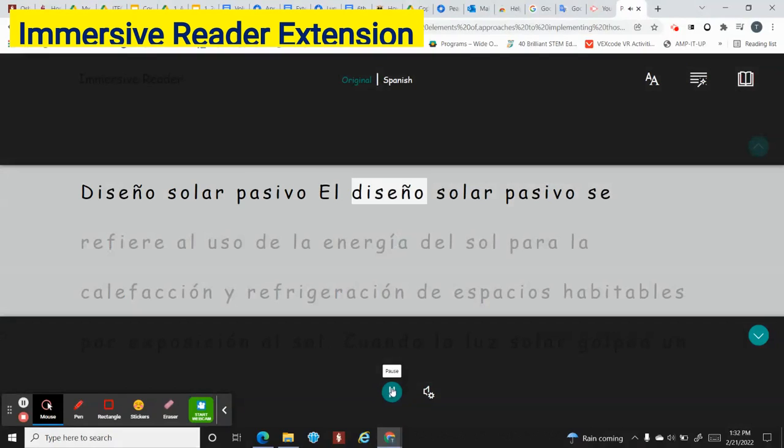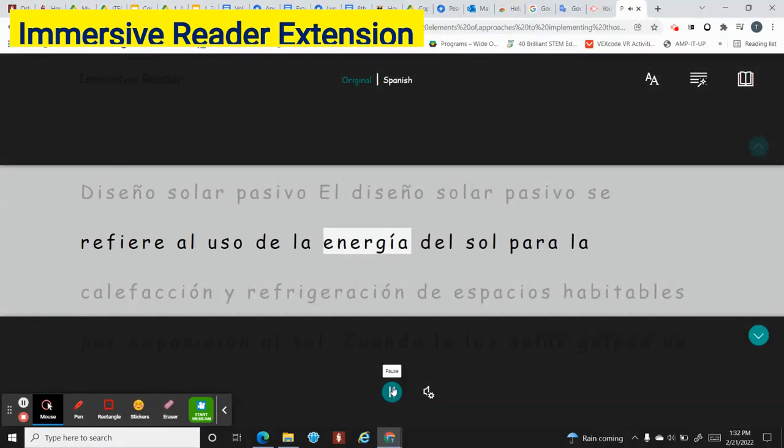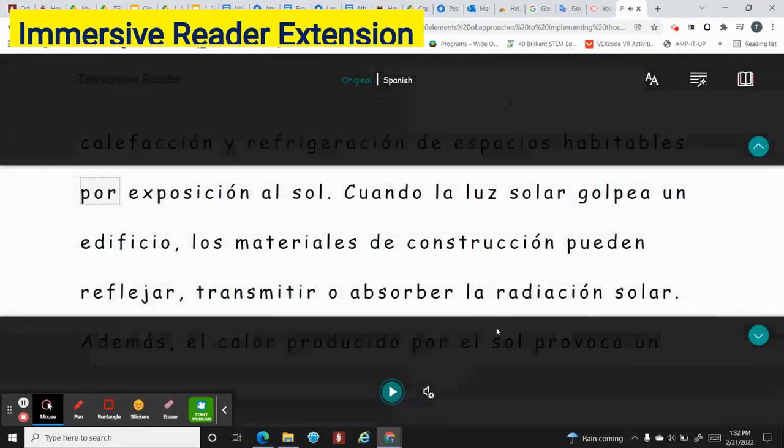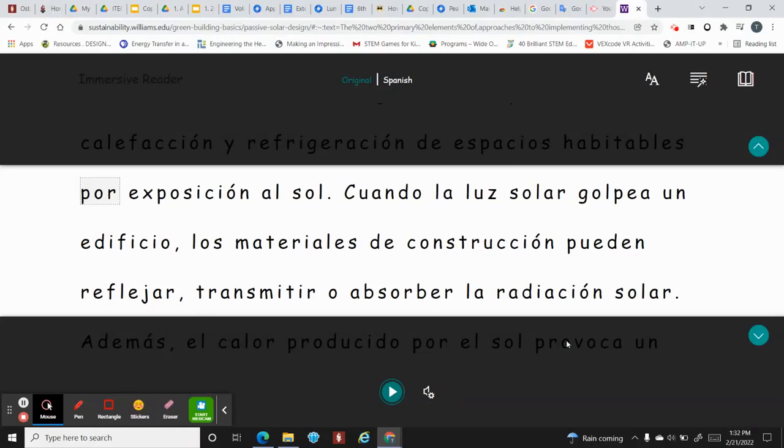Diseño solar pasivo. El diseño solar pasivo se refiere al uso de la energía del sol para la calefacción y refrigeración de espacios habitables. All right, so students who speak multiple languages have options to use Immersive Reader for translation